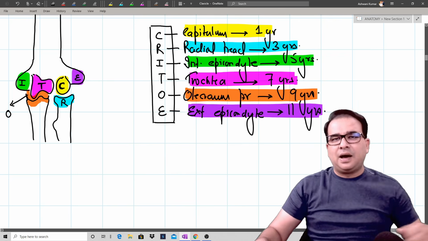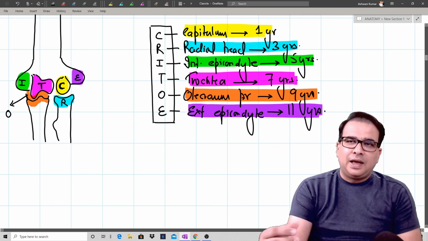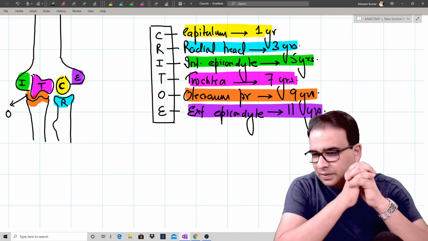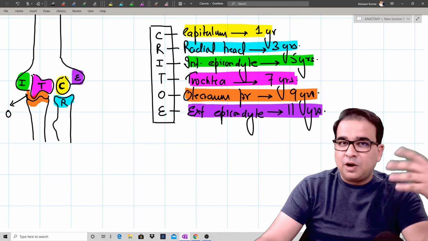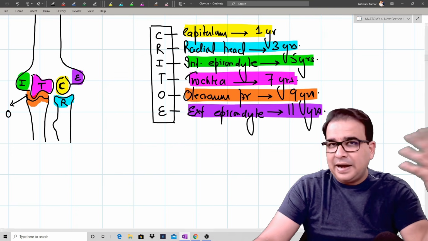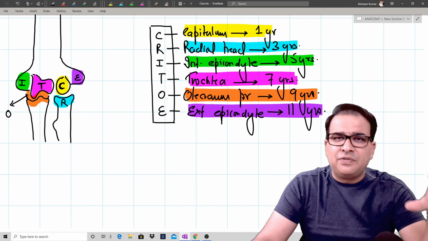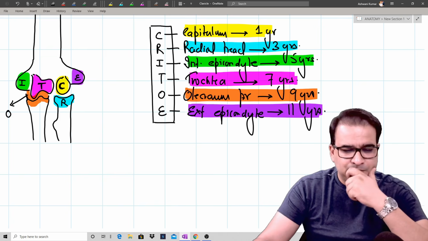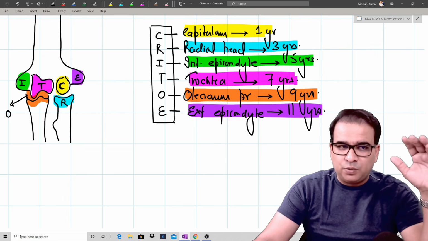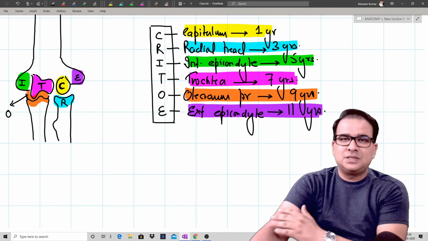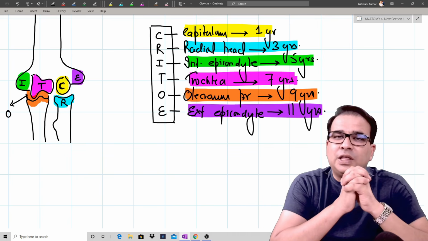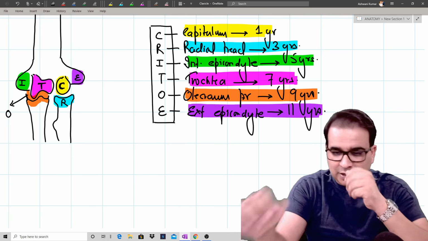So CRITOE. They might give you a radiograph, and by looking at what can be seen or what cannot be seen, you can guess the age of the child, which centers have appeared and which are not present. So if you're looking at only the capitulum, radial head, and medial epicondyle, and not the trochlea, that means the age is somewhere between 5 to 6 years. That's one example. We'll be talking about the other centers of ossification for the radius and ulna in our next section, next week. Right now, our focus is on the scapula, clavicle, humerus, and the muscles attached in that region. So that is the first part of this discussion, about the primary and secondary centers of ossification.